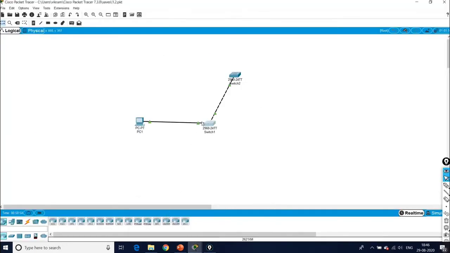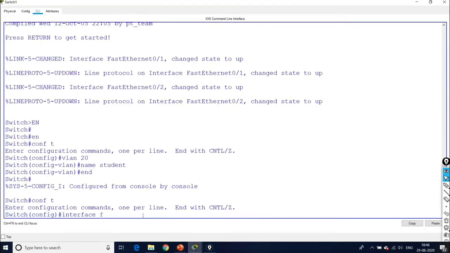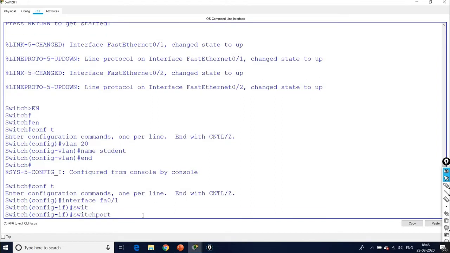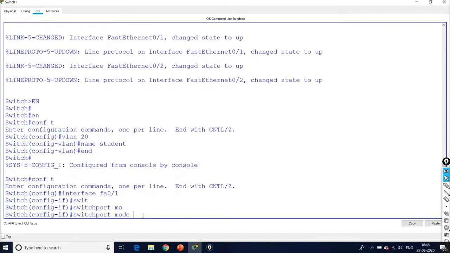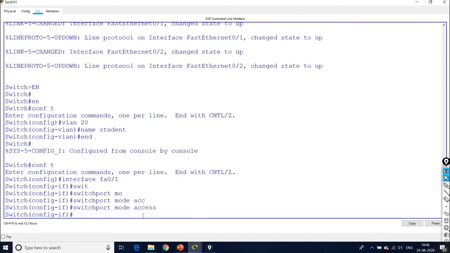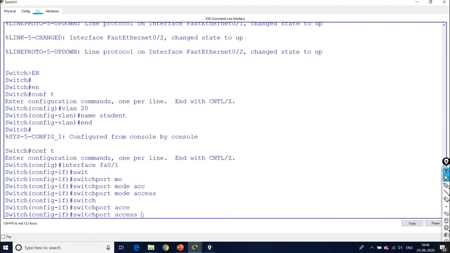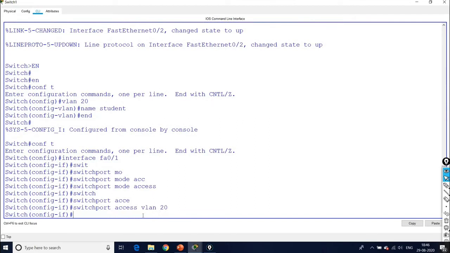Use that, FA0/1. Then switchport, you can use the tab command, mode access, and switchport access vlan 20. So now we can end.